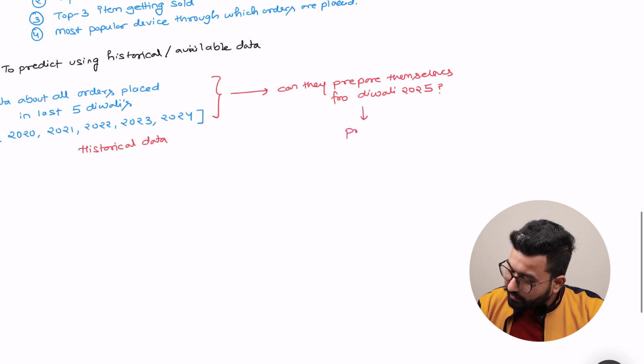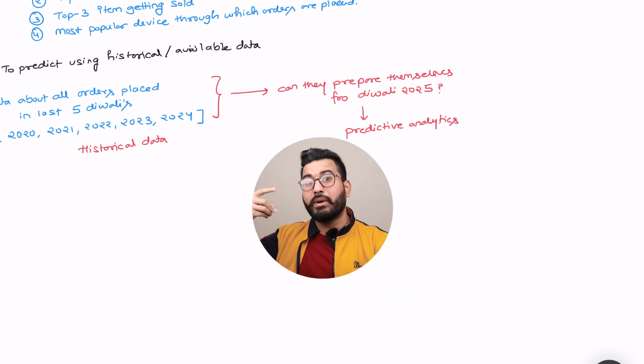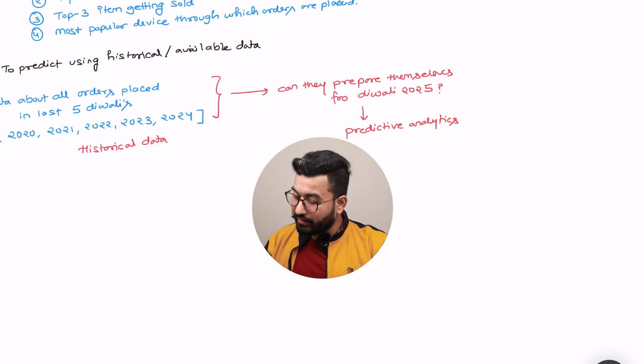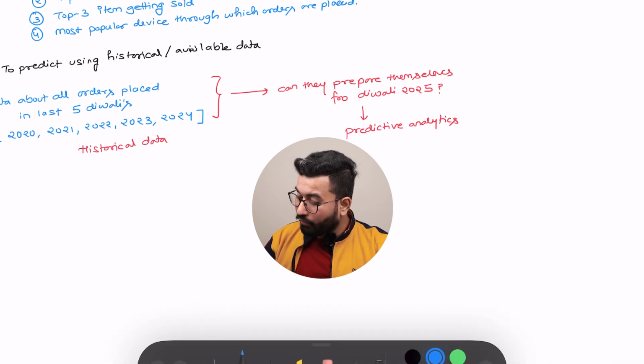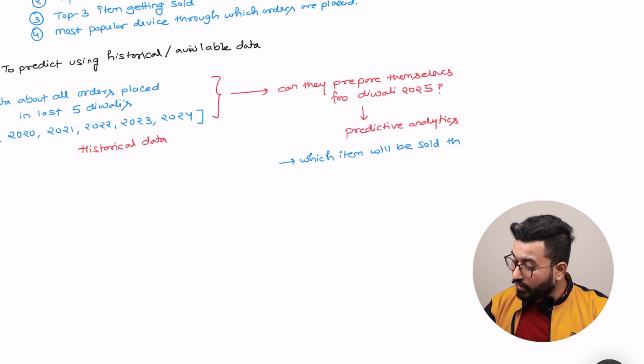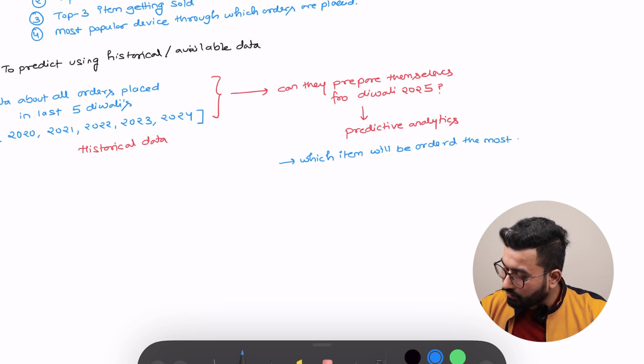Using predictive analytics. Basically, they want to predict what will happen next based on what has happened in the past. That's what predictive is. So basically, they might want to find out which item will be sold, or I would say ordered, will be ordered the most on